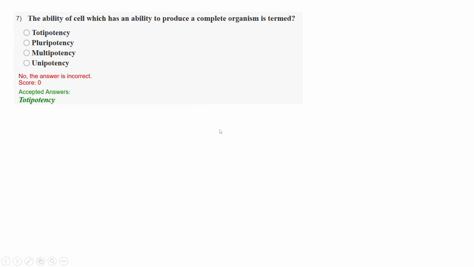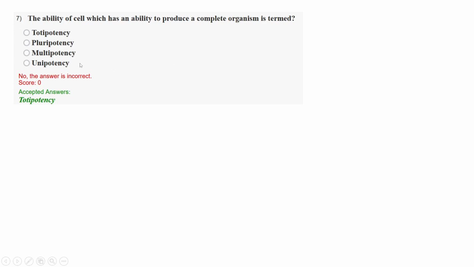The ectoderm will not code for cells which are coded by the endoderm. For example, in endoderm there are lung cells and others, so the ectoderm will not code for the lung cells. That is called multipotency. Some subsets of cells will be expressed, but not all the cells. And unipotent means a single subset. For example, a skin cell will form only skin cells, not neuron cells. So that is called unipotent.